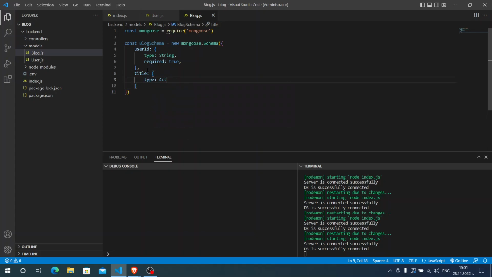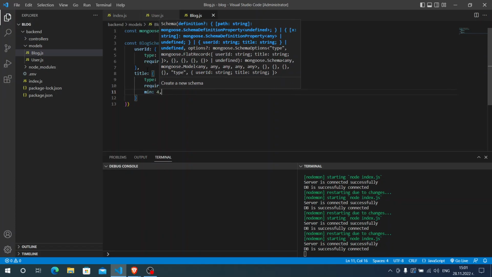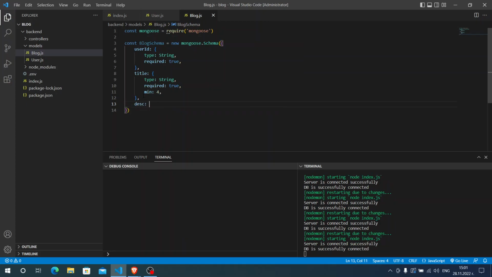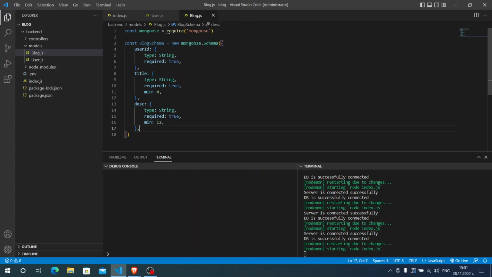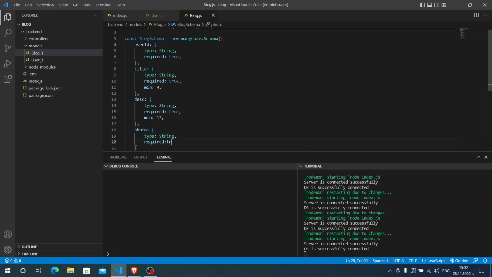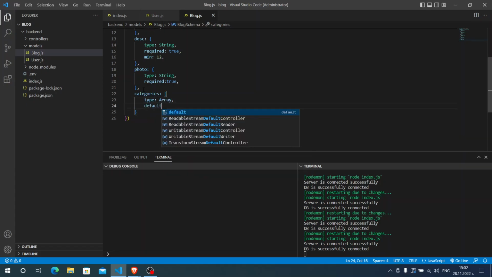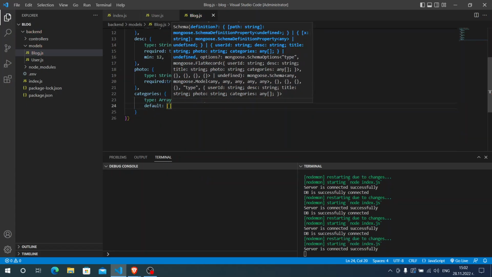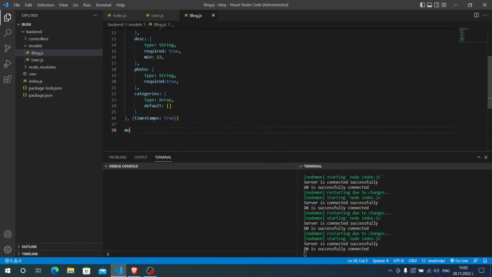Then title, again type of a string, required true, and a minimum length of 4. Then description, I'm just going to copy paste from here. Here the description will have a minimum length of 12. Then a photo, type of a string, required true, and the last field categories, type array, and default will be an empty array if you have no categories specified. And again timestamps of true, exports mongoose.model